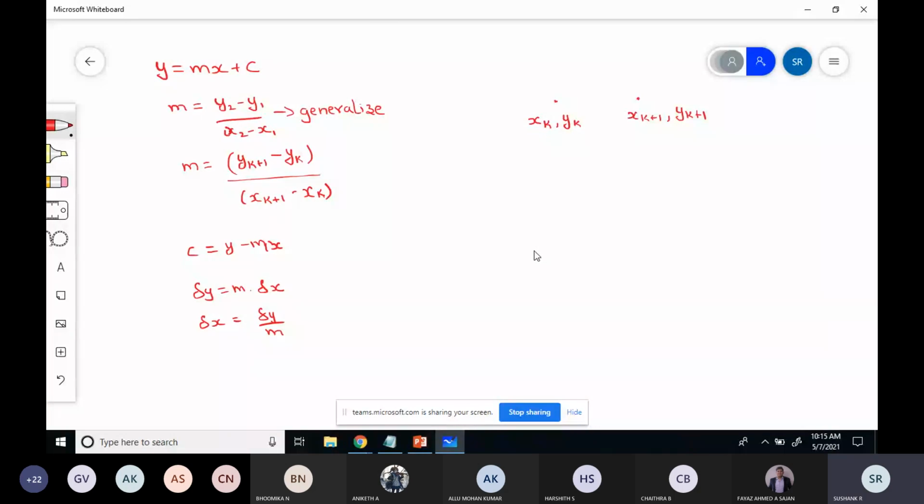So see, this will act as a base for the next algorithm which we are studying. Now, the m value. This m value will decide how the value of x and y will change. Like the slope magnitude for the lines, the slope magnitude is determined by m. So 3 cases will be possible: m can be less than 1, m can be greater than 1, and m can be equal to 1.